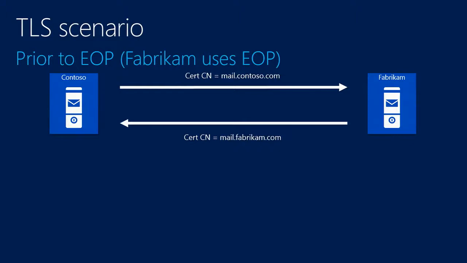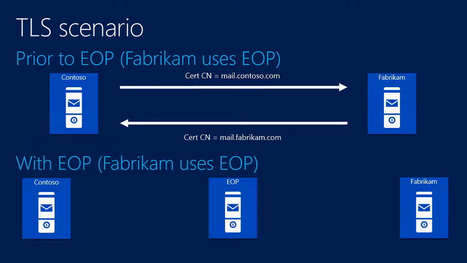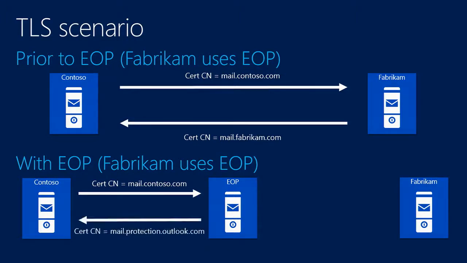Now, this one customer I had that ran into problems here, them and their partners were restricting by their certificate name. So when they were sending mail over TLS, they were checking and making sure that cert name was exactly there. So now we put EOP in the midst, and the problem they ran into was that now Contoso wants to send a message. Contoso says, here's my certificate, it's mail.contoso.com. And now it's expecting to get back Fabricam's certificate, but because EOP is in the mix, it's not getting that back. So now EOP replies with its certificate,